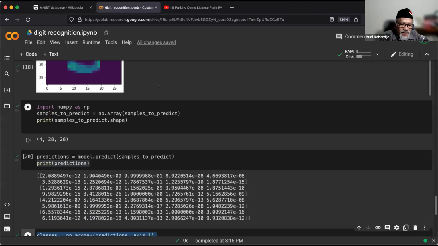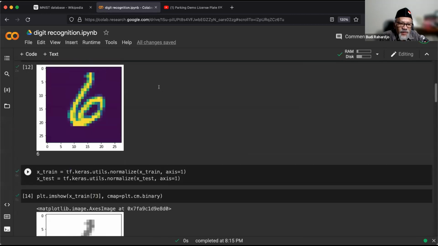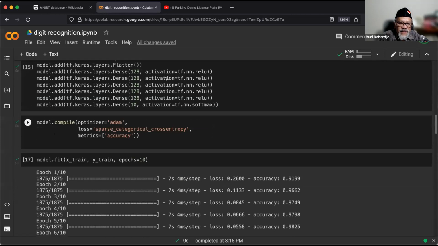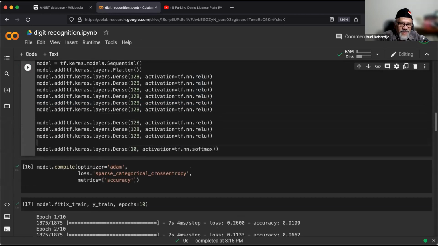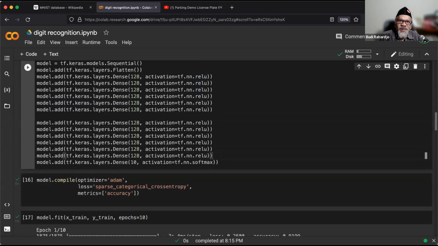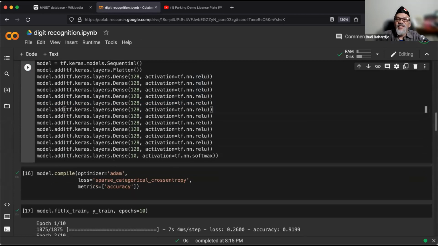Now, if you want to do this again, you can, since you already have it in your things, you can also add this. Remember, when you have this, you can start again from the beginning. But say instead of these 5 layers, you can create more. Let me just copy this one. You can copy this and then create more layers, right? You can do this, to add more layers. Now with Keras, it's easy. We can just do this and then we have more layers. That's it, and if you run this, it's going to take longer.